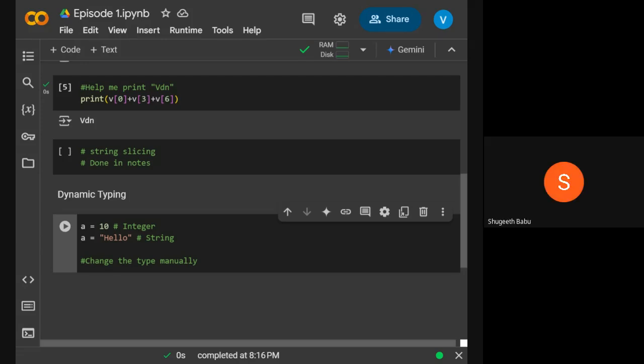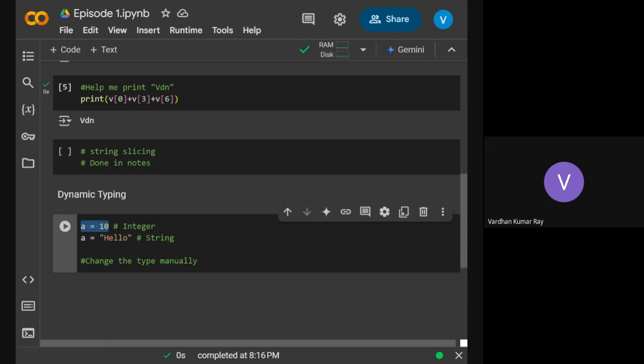Every time new memory is allocated and the pointer changes, for example when A is changed to 10, wherever the earlier value was stored will go to a garbage location, right? These kinds of things are studied in compiler design. If you are interested, you can study all of these.